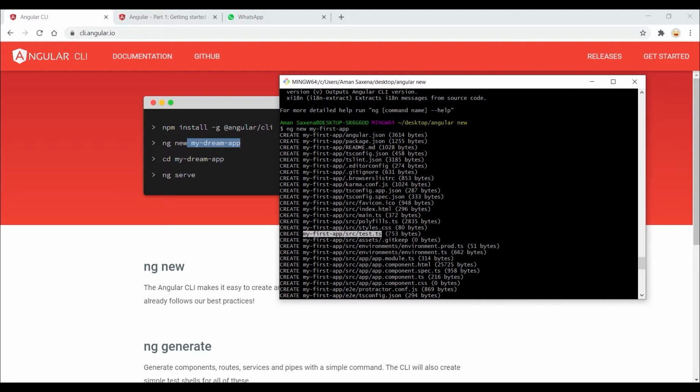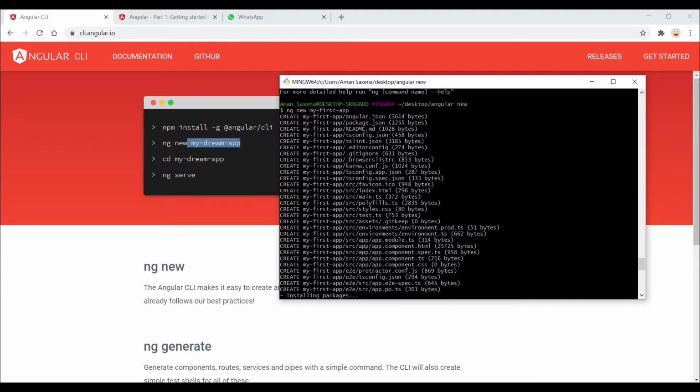Style.css, test.ts, and many other configurations, spec files. Environment.prod.ts, these are for when you want to deploy on multiple environments, let's say dev, QA and prod. So by default it provides prod, and for local you could use environment.ts, and the configurations can be different in both. Similarly, we can create environment.qa.ts,